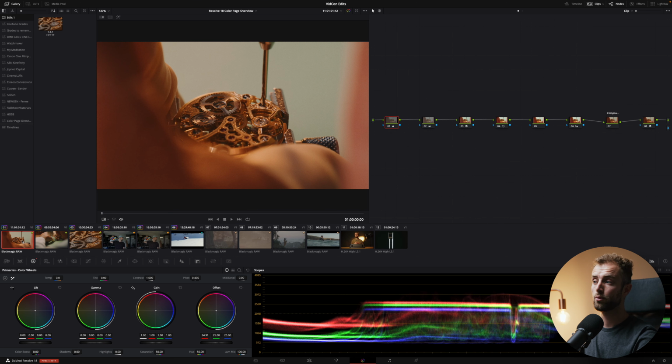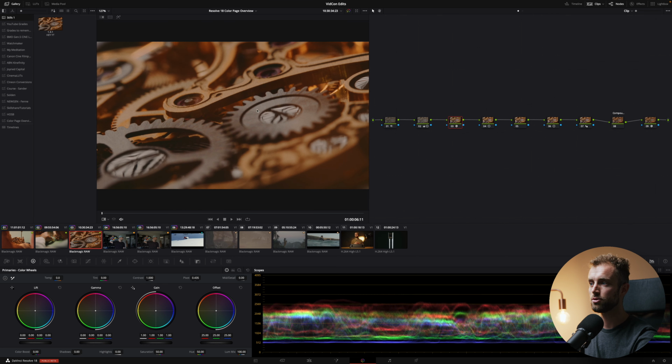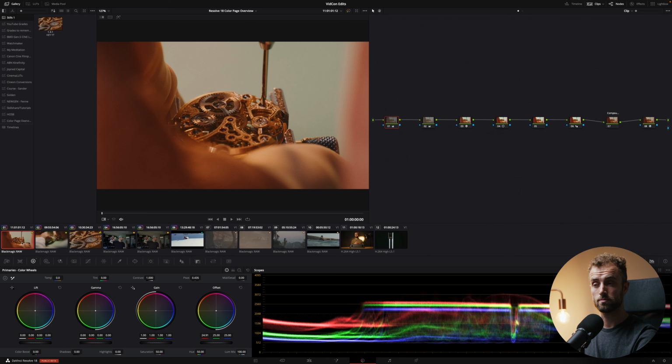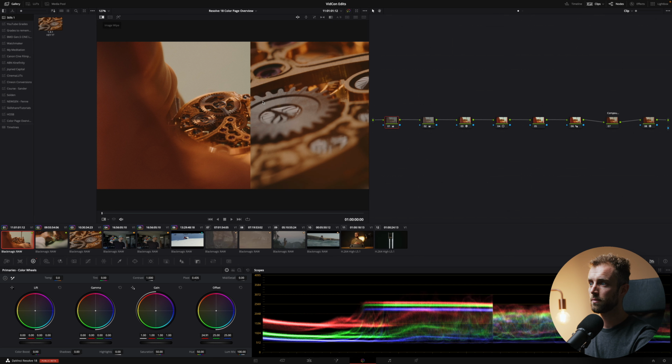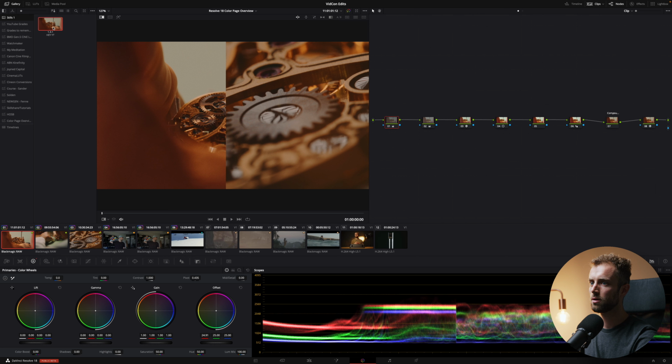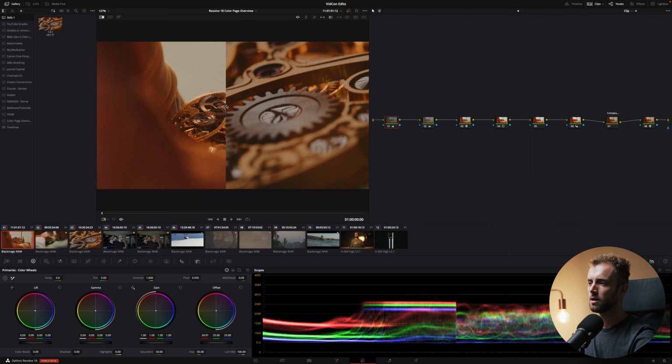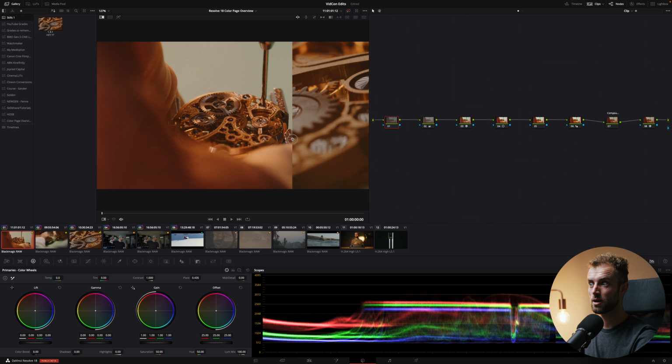All right, so for example, you want to match this clip to this one. What you can do is you grab a still, which we've done already, and then you go to the clip that you want to match, and then click this little button right here. Now if this doesn't pop up, just double click this one, then it will fire up and you can see it. What you can now do is wipe it, so you can actually see if it matches the other clip, which is super nice.